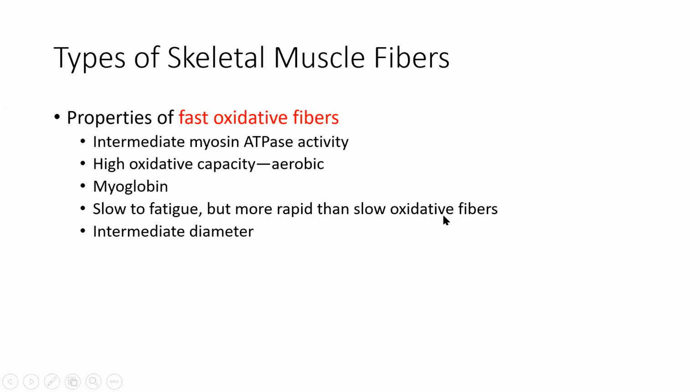And then kind of hanging out in the middle here, we've got the fast oxidative fibers. They have an intermediate or moderate myosin ATPase activity. So not necessarily fast glycolytic fibers, but not as slow oxidative fibers. They have a high oxidative capacity, so they are oxidative in terms of their primary mode, and they're going to rely on aerobic